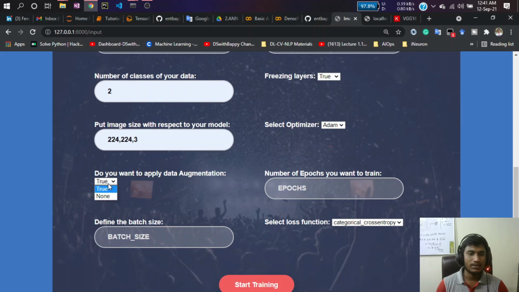And here you can see there is a parameter asking whether you want to apply data augmentation or not. And if you don't know augmentation, during your training it happens at runtime. At runtime it will apply many transformations on your data, like